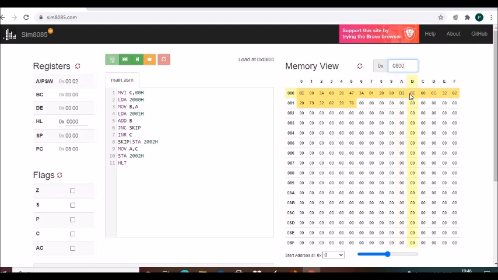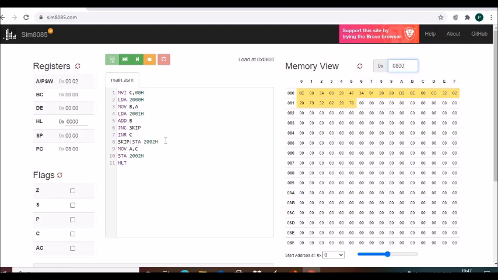Then 0E 00, this is the particular memory location that is loaded. Then 0C is the opcode for INR C, right?